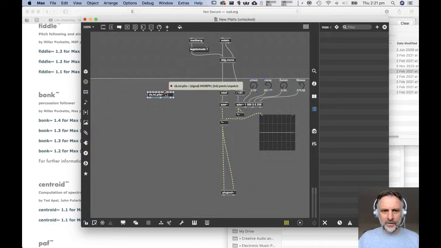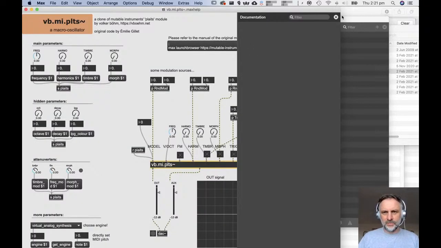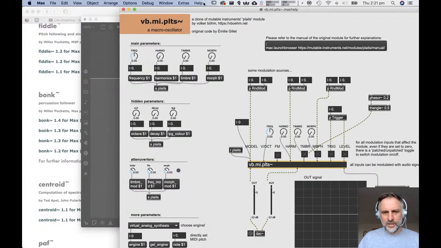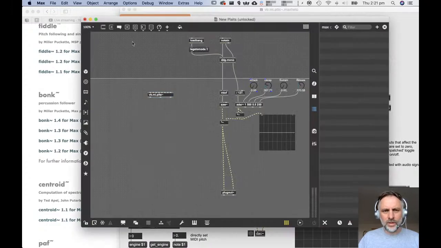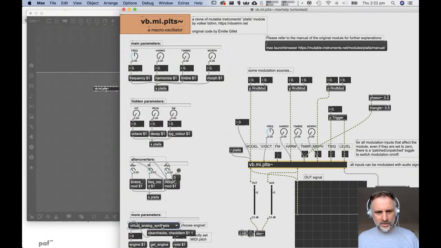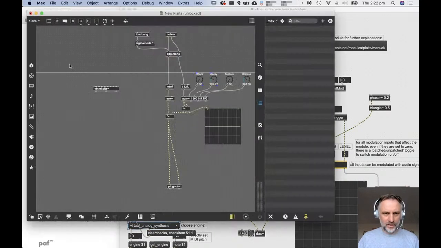So we need to work out how it actually operates. We do that by opening the help file, which is wonderfully illustrative. And we can do this with any help file. We can actually steal bits from here to put in our patcher. Like, for example, here is a menu object that's got all the different synthesis modes for Plats. So if I copy that, I can paste it into my patcher,